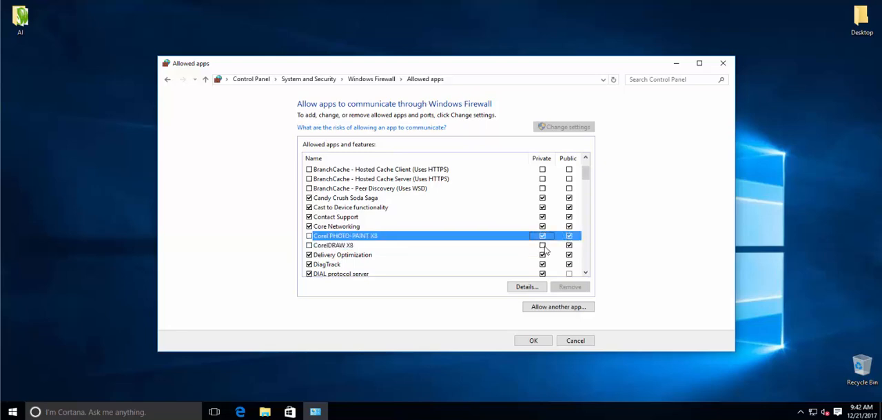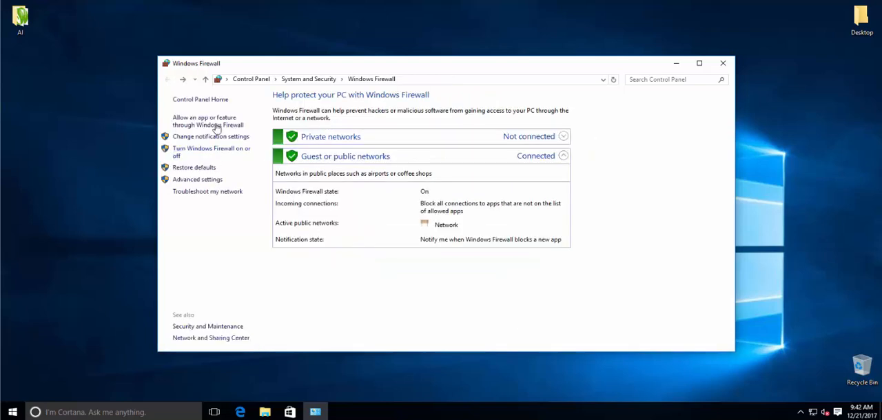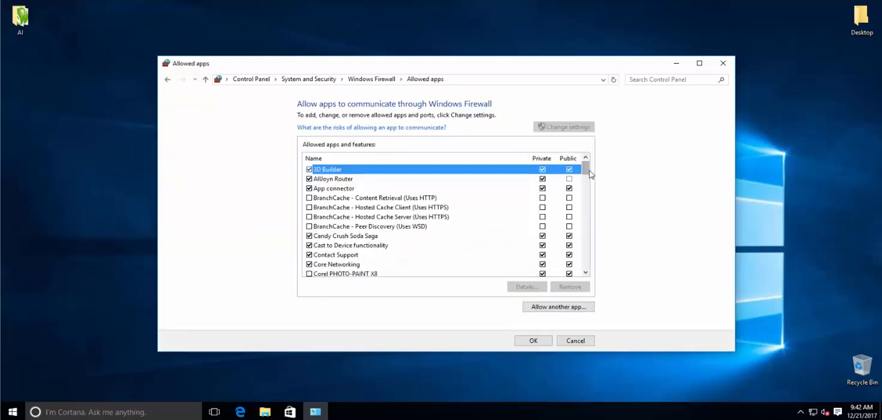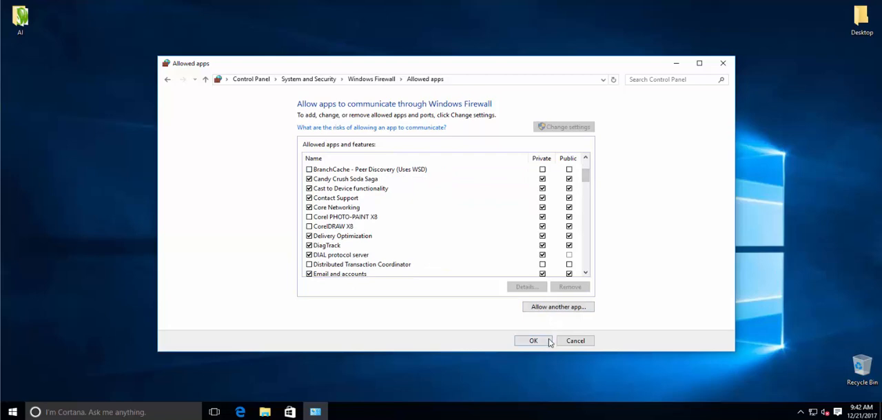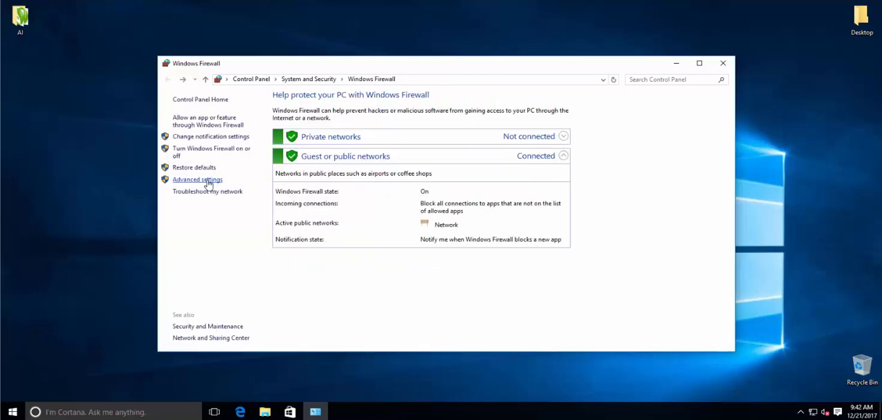I guess just unchecking it here is enough. Then okay, so you just do that and you click OK. When you go back there, you'd see it's gone. Okay. The other way that I usually do it, I don't know if it's better or not, but I click